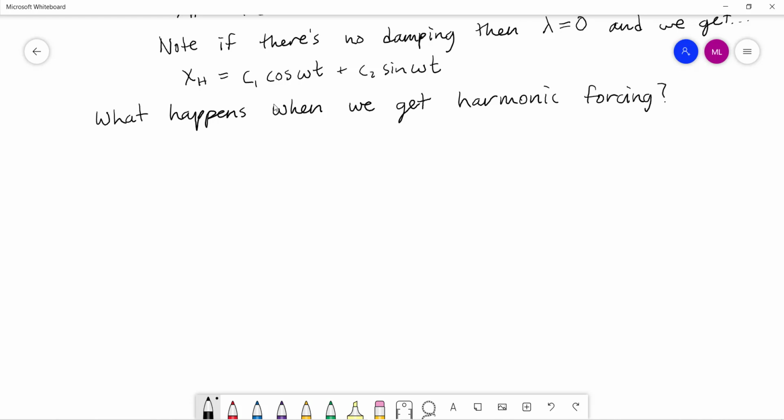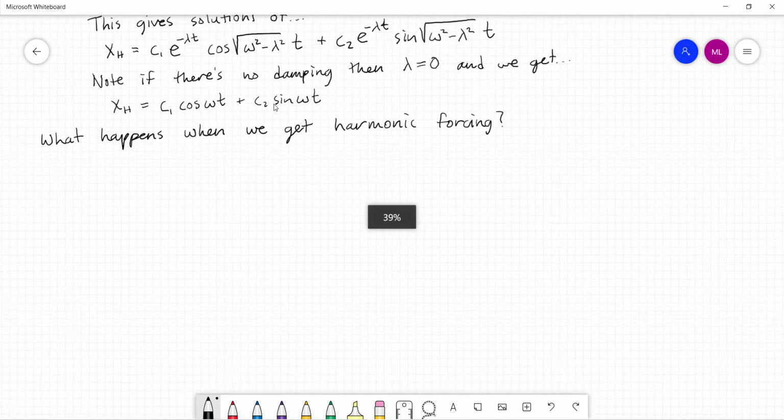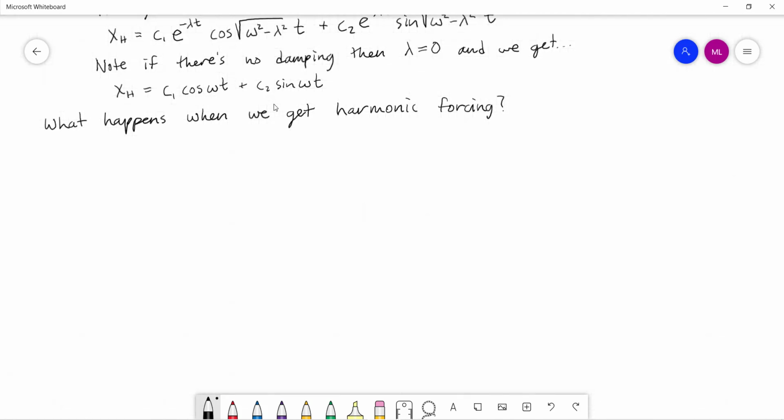When I say this word harmonic, harmonic just means, if you aren't familiar with it, basically oscillating, sines and cosines. So let me just put that in parentheses here. Harmonic equals oscillations, specifically sines and cosines. Okay,